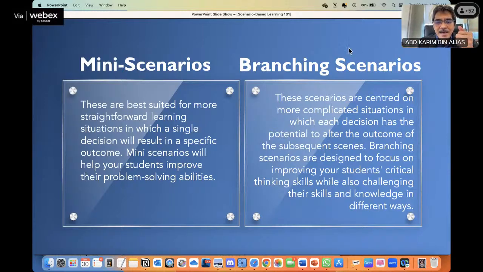And I must admit that I'm also not an expert on this one. I have not explored the more advanced scenario-based learning. So the idea here is just to give you a taste of scenario-based learning, the overview, and some examples.